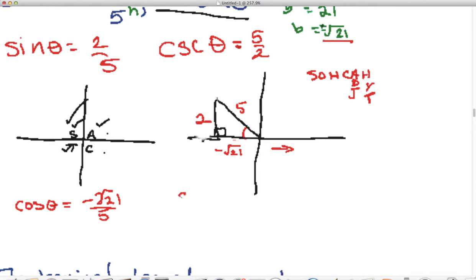Then secant theta would be its reciprocal, negative 5 over root 21, multiplied by root 21 over root 21, and you're going to get